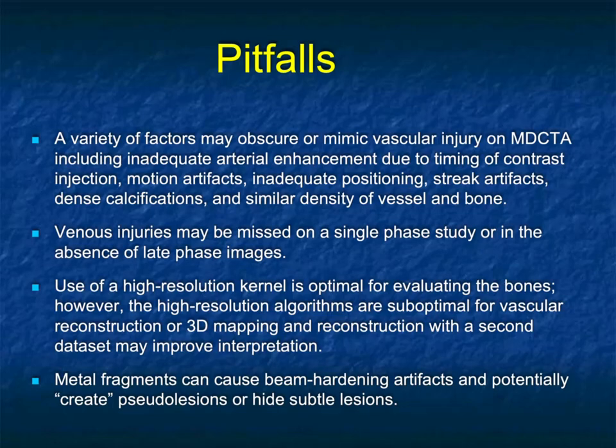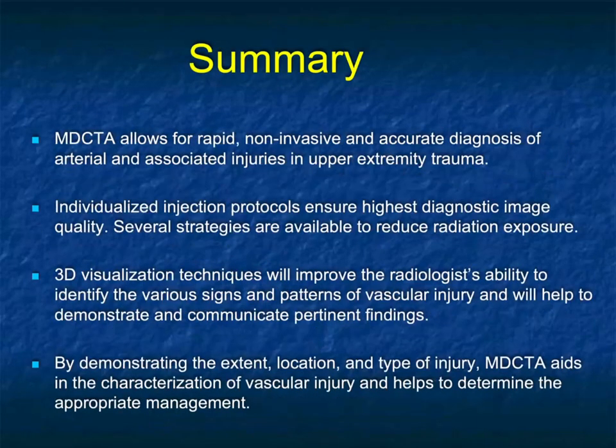Again, look carefully at the bone. When you see bleeding, you tend to really focus on the bleeding, which you should, but go back and make sure you're not missing any critical bony injuries. And again, we do use things like dual energy to do automated bone removal and also to decrease problems with artifact from metal. So summarizing, CTA is a critical part of trauma imaging and is especially valuable in the upper